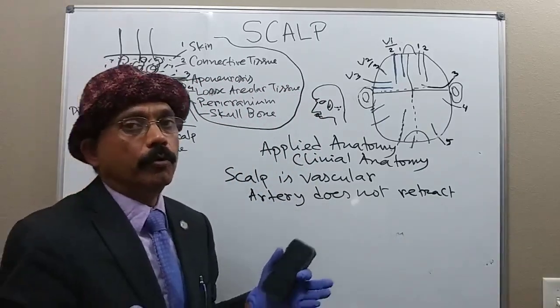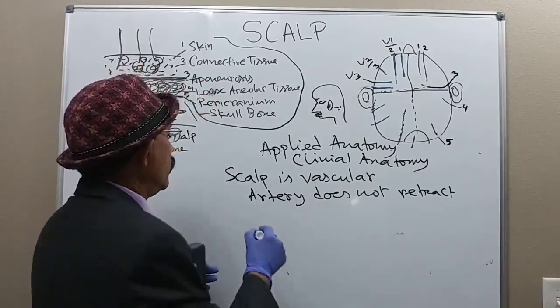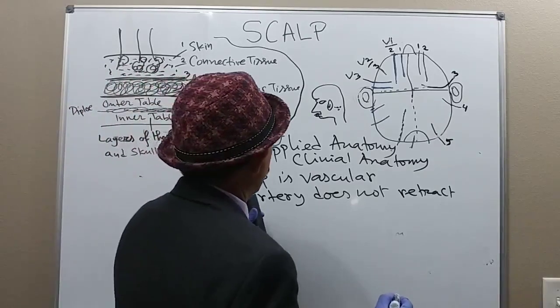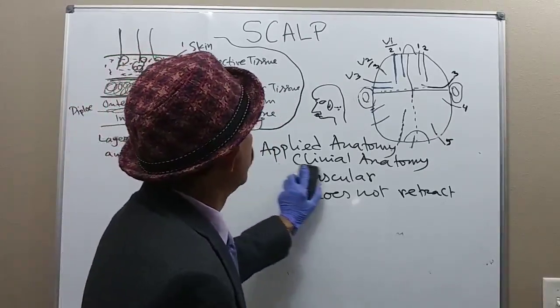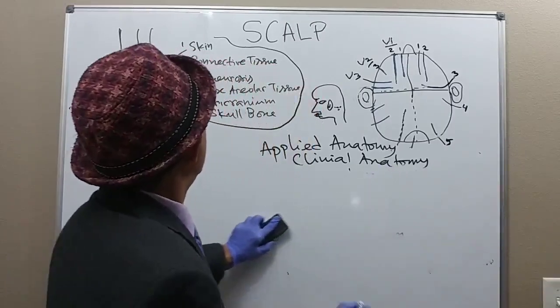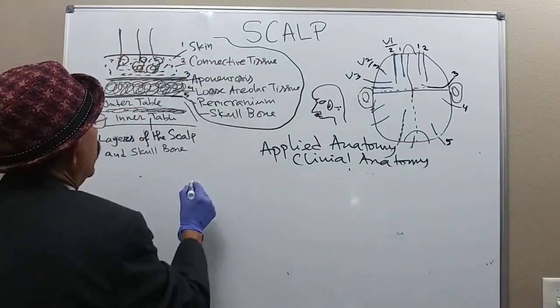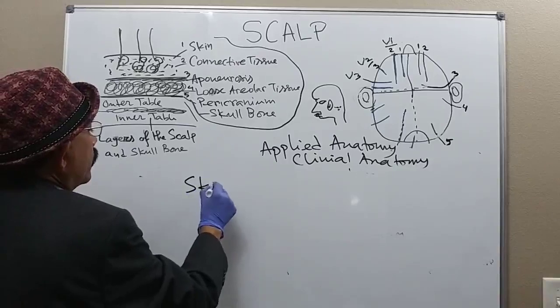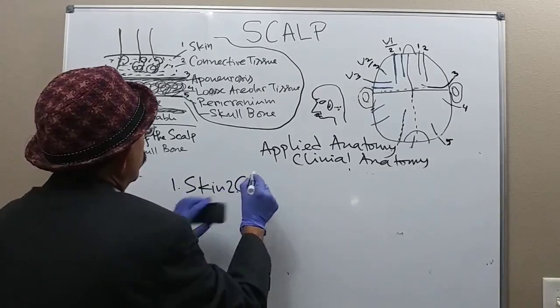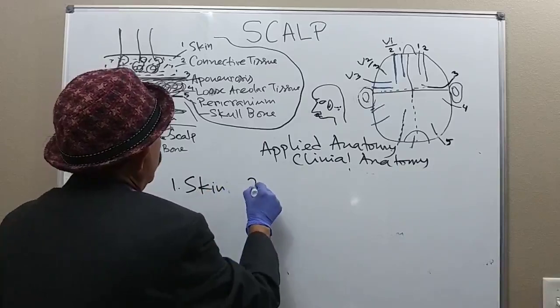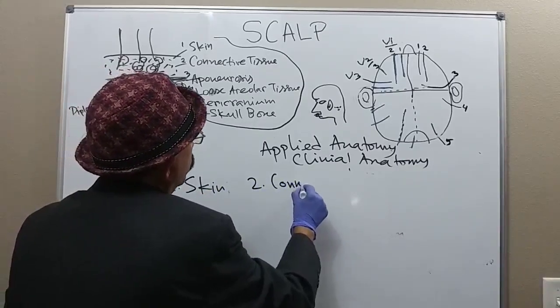So there will be more chance of bleeding. Okay, we got that. The scalp is very vascular, and we have three layers here: skin, connective tissue,